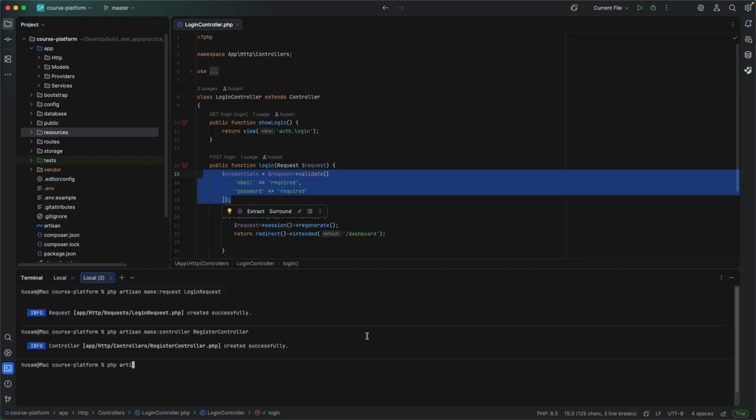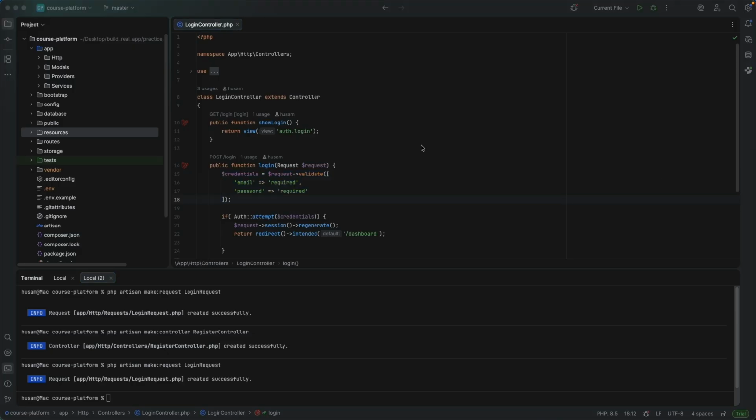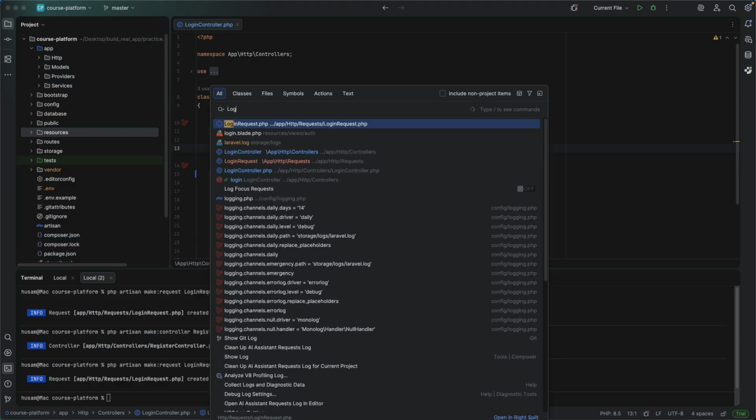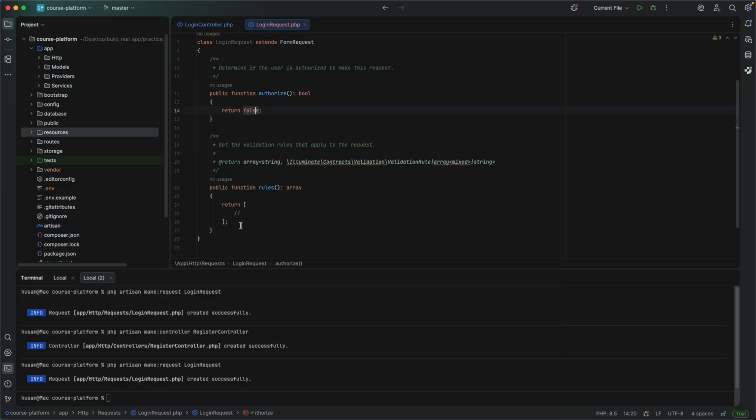So we do php artisan make:request, and we call this LoginRequest. Then we're going to move the validation to the new class LoginRequest, this one, and we will move it here like this. Okay, and we can add a new validation, or let's do it in here,